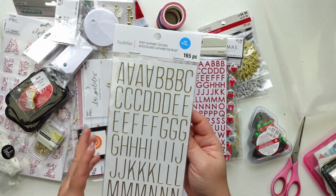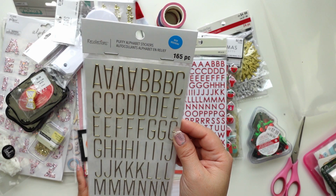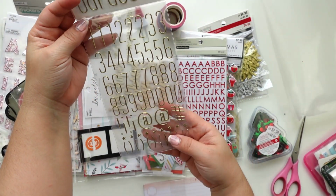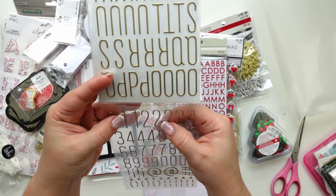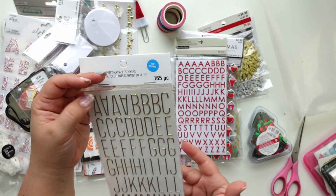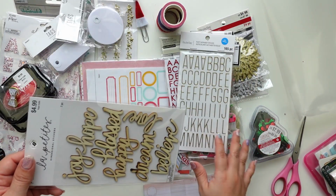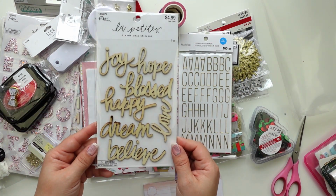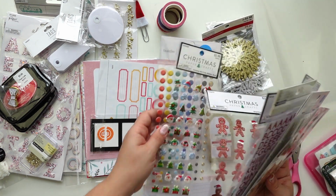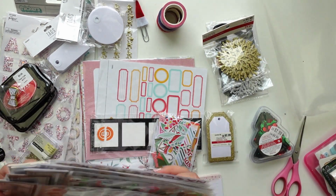And these, you see, my Michaels didn't have anything like this either. Michaels, what's up with that? And it has numbers. Yes. And I love this gold. I think Ali Edwards had something similar. But if I'm not gonna make a big purchase, I really don't shop from Ali Edwards. The only thing I got in my last purchase was the album. And I also got class. I think I got Product Play